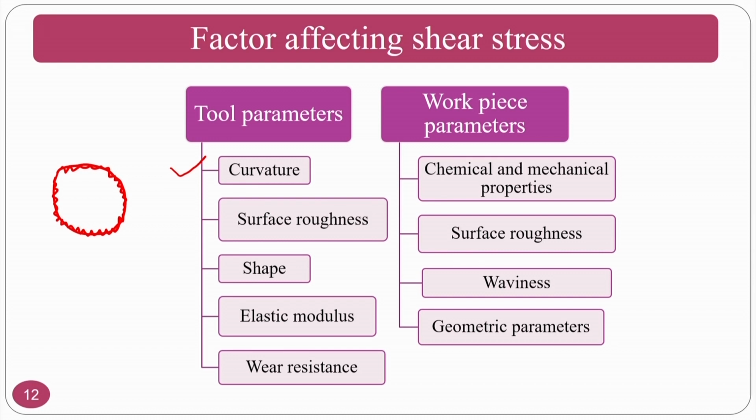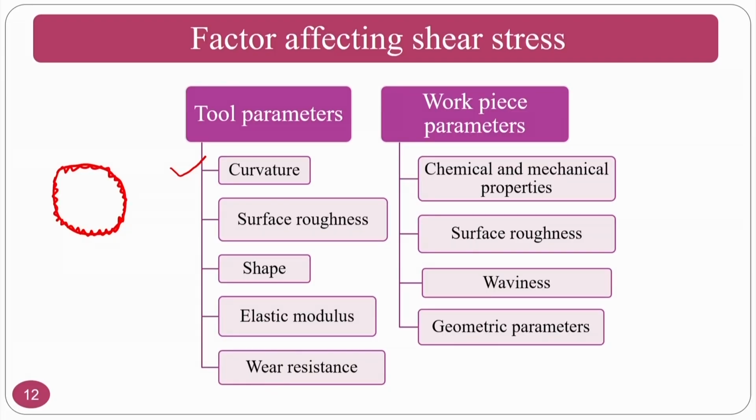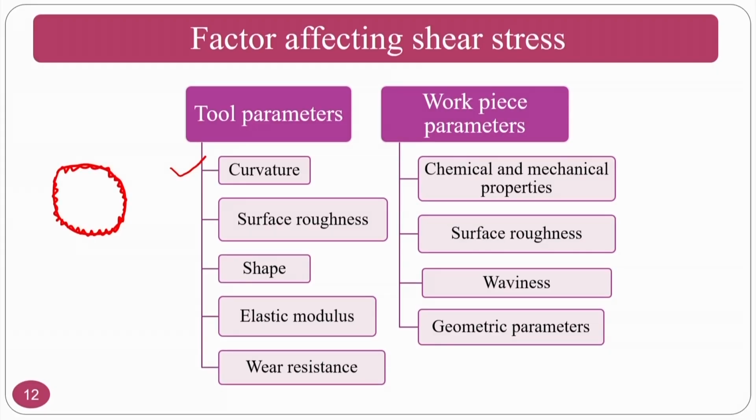It should be wear resistant, because if the wear of this particular polyurethane sphere is too high, what will happen? Your changing time between these two spheres will be high. That is called non-productive time, and that non-productive time should be reduced. So, you should always go for high wear resistance, so that the wear will be very low. The workpiece parameters that you have to see are chemical and mechanical properties, because it has to form OH bonds, again oxygen bonding and other bonding.